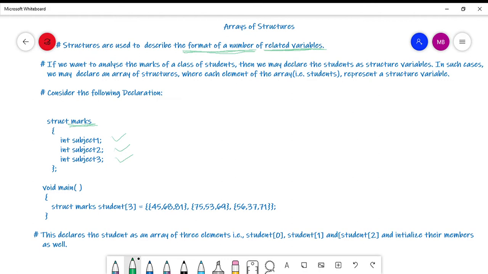Now why do we need to have arrays? We have discussed this earlier also. When we want to collectively store information regarding an entity for a large number of collection, in that case we use arrays. If I take the example of this particular structure, here I want to analyze the marks of students of a class. For analyzing the marks of students of a class, it would be quite impractical if I write struct marks